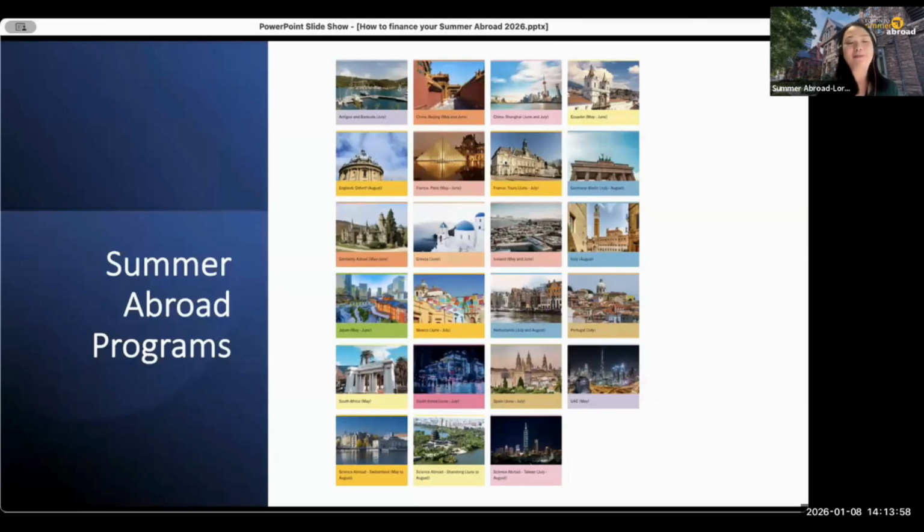And that's where we come in. My team, a fantastic team, have put together all these offerings for you. We have over 40 summer abroad courses that are going to be offered to students for the 2026 summer alone across 21 international locations. When you go on our website, one of my colleagues is going to post a link. If you've never been to the summer abroad website before, explore the different programs. You'll notice they are offered in different months. Durations are different. So review them, pick something that matches your interests, and it's going to take your personal and academic goals even further.